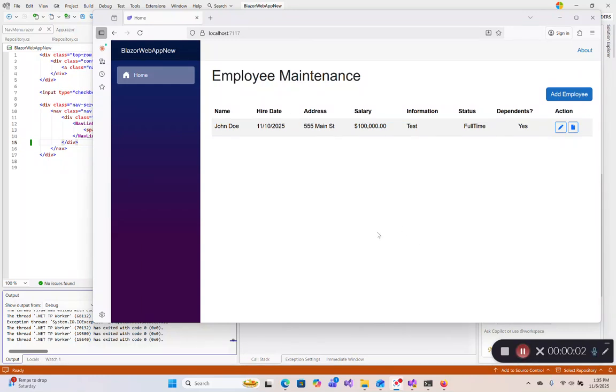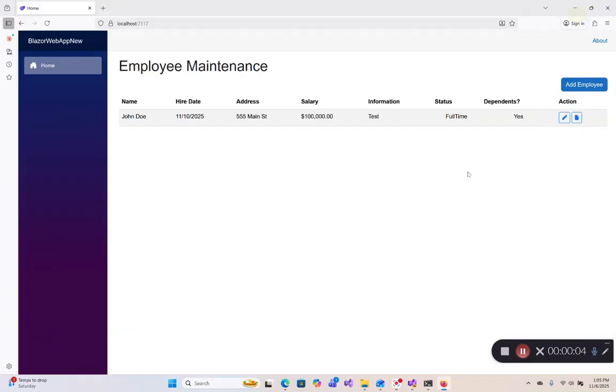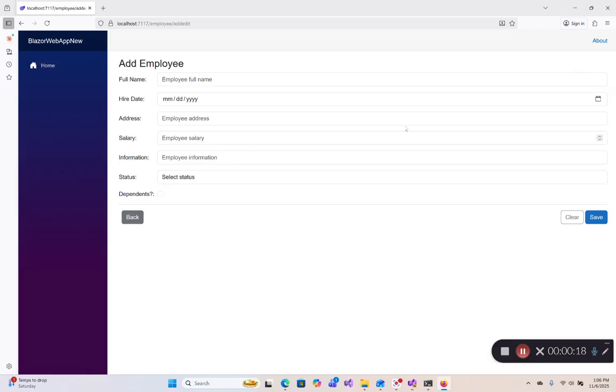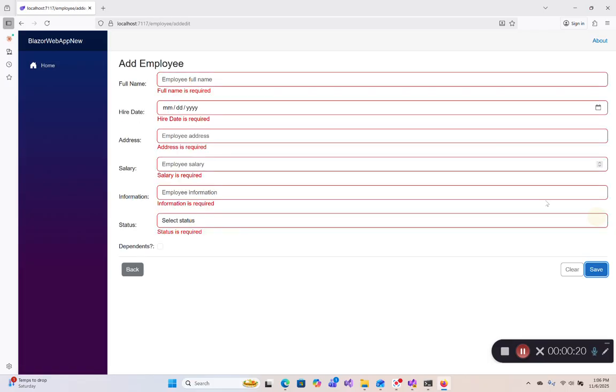Hey guys, just wanted to show you what we're going to be building. It's just like a little mini project. Employee maintenance has the home page, which has a list of employees. You could add a new employee. It has client-side validation to force you to